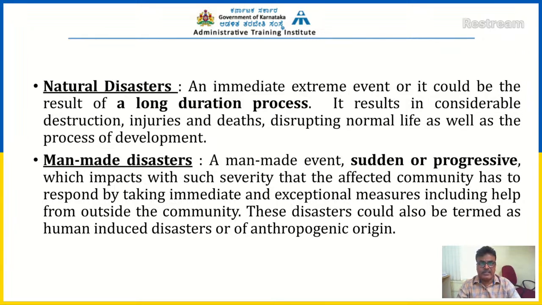So disaster should sometimes be seen that way. Natural disasters are anyway inevitable. They are going to happen. But still we have an option. We, meaning the governments, public, community, etc., have a choice to redevelop or develop much better than the earlier development phase. So that possibility is there. Natural disasters can happen instantaneously, or they can happen progressively in a slow manner. That is what are known as natural disasters.